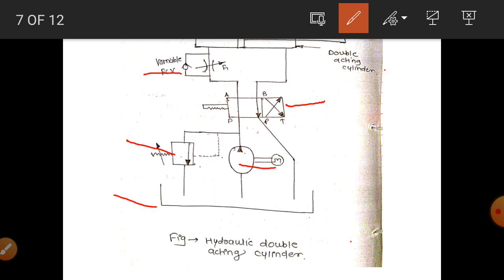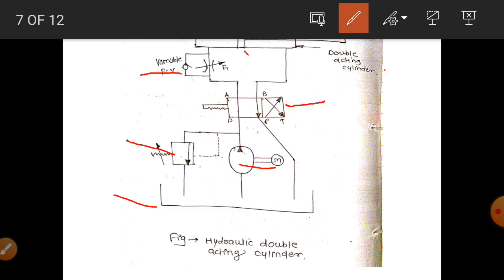this is a flow control valve, FCV. This is the symbol of a flow control valve, and this flow control valve is mounted in between the directional control valve and the actuator on a suction line. So we control the pressure or flow of a fluid on a suction line or inlet of the actuator. That type of control circuit is known as a meter in circuit. So this is a type of speed control circuit, meter in circuit.